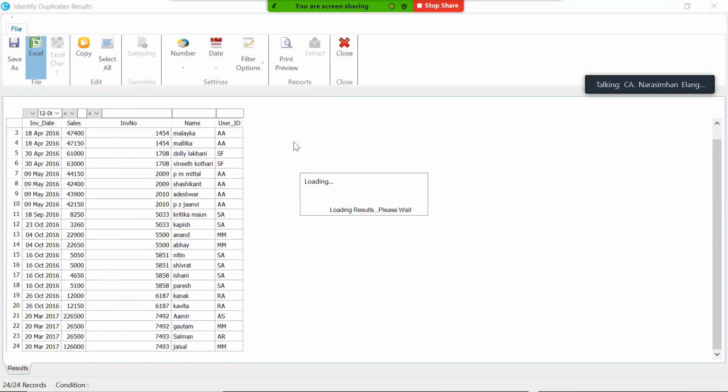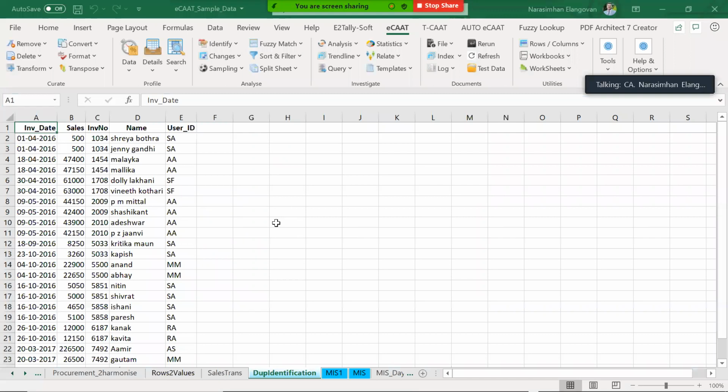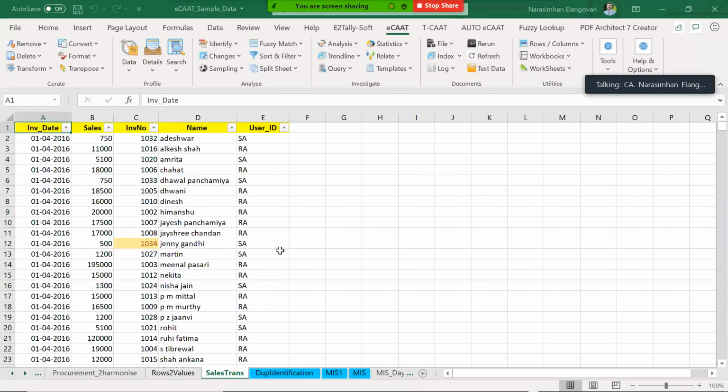You can just assign this to somebody and ask them to verify. In fact, my suggestion would be use 5 to 10 functions, 20 functions, you'll get an idea. Use it on different data sets. Once you've got a full idea about this, you can automate this work. And you can tell one of your staff, the moment data comes, apply these 10 functions, 20 functions, results will come. You spend a few minutes, half an hour or 1 hour analyzing those results. And you tell the boss, these are all deviations, go and verify.